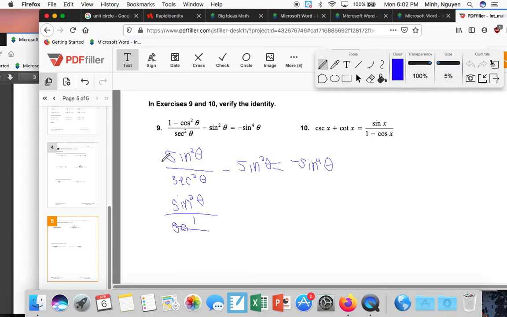So, sine squared over secant, which is 1 over cosine. And again, whenever you're dividing by a fraction, you're multiplying by the reciprocal. So this is sine squared times cosine squared over